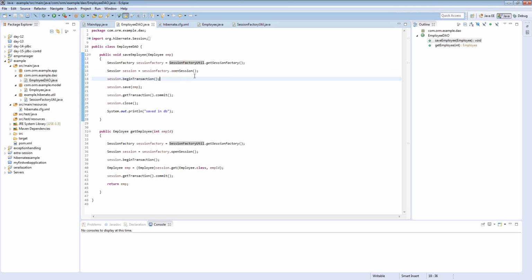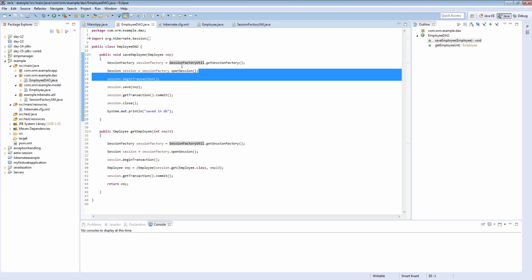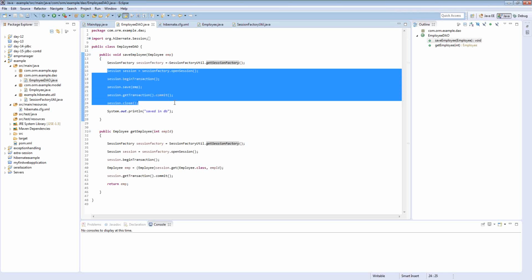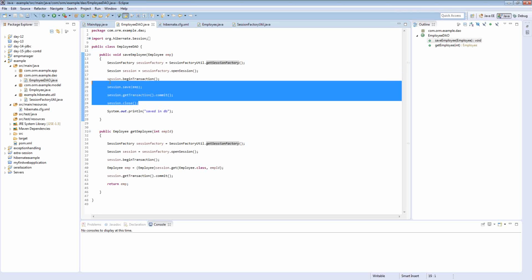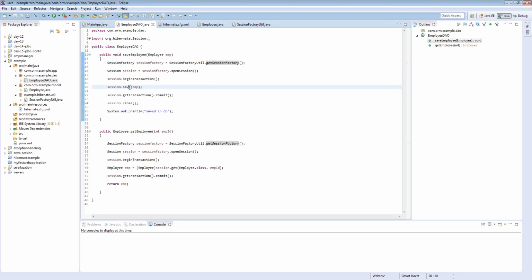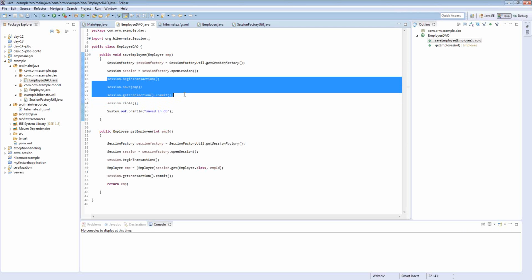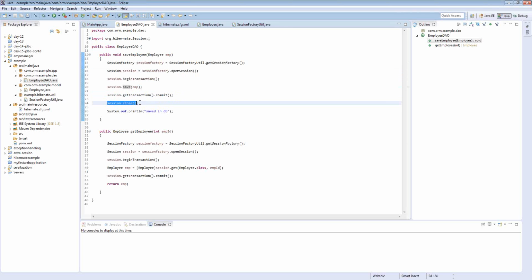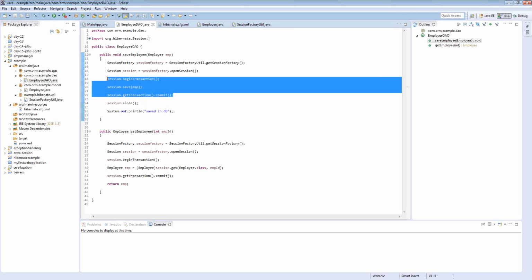So as soon as you do the withdrawal, it fetches the session factory, and with the session you can execute certain SQL commands only between that session. Till this, you see the open session and the close session. Whatever transaction you want to do, whatever SQL statement you want to execute, you need to do between these